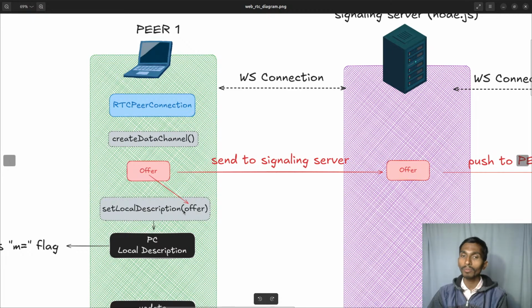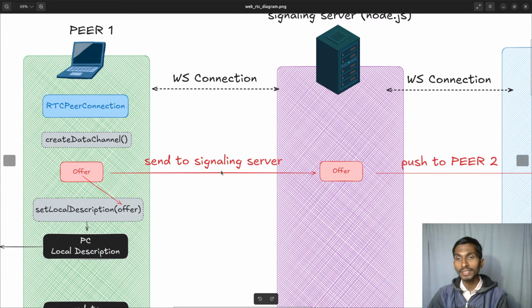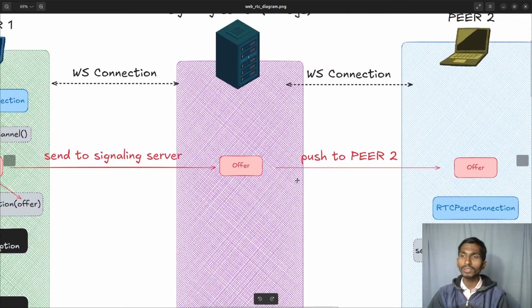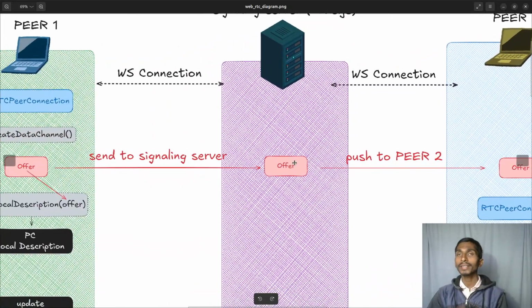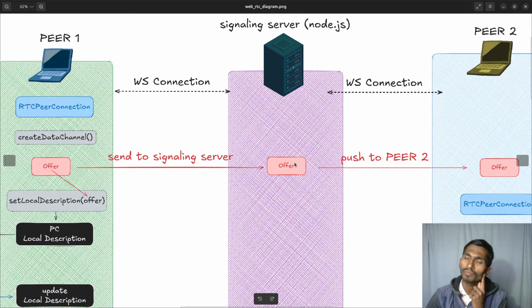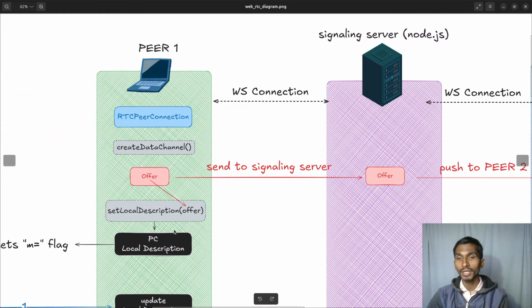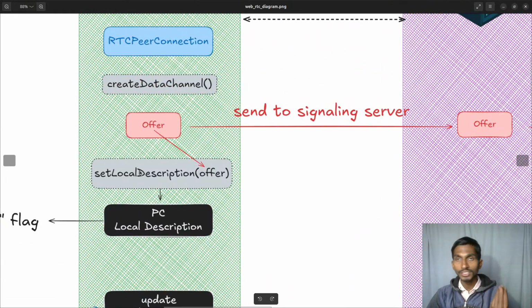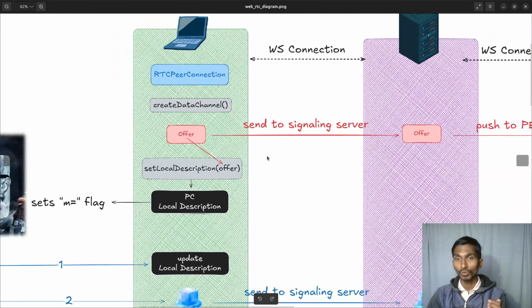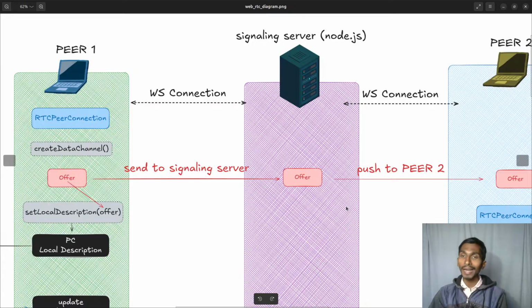And once I get my ICE candidates, after that I will be sending my offer to my signaling server. The signaling server will simply push this offer to peer 2. ICE candidates got generated over here as soon as you set the local description, but that doesn't mean you have to send those ICE candidates to peer 2. So there is one thing over here: we are just sending the offer to peer 2, we are not sending the ICE candidates to peer 2,